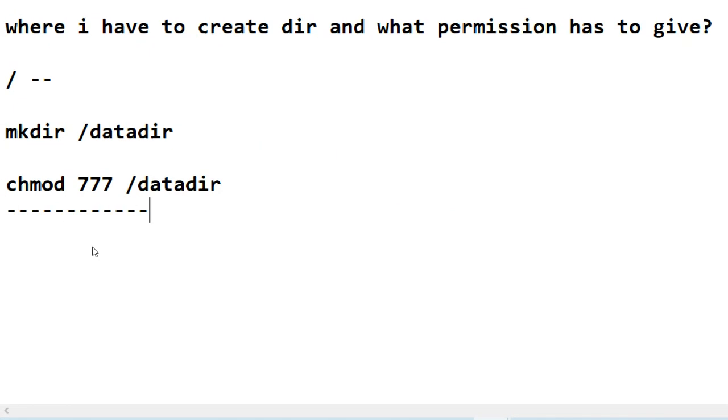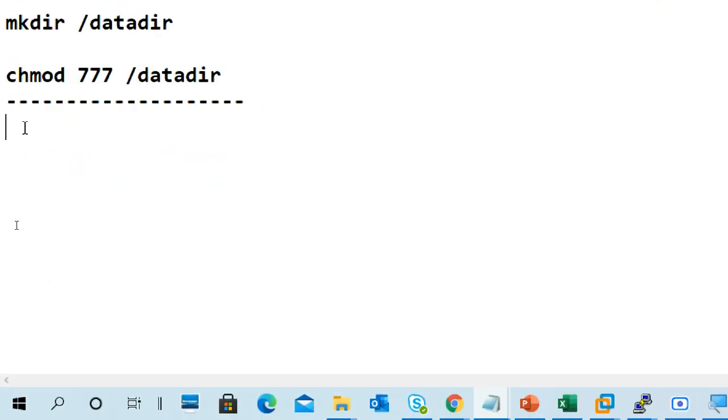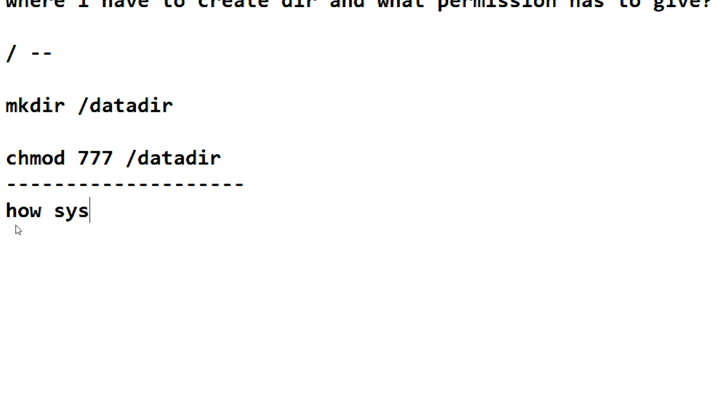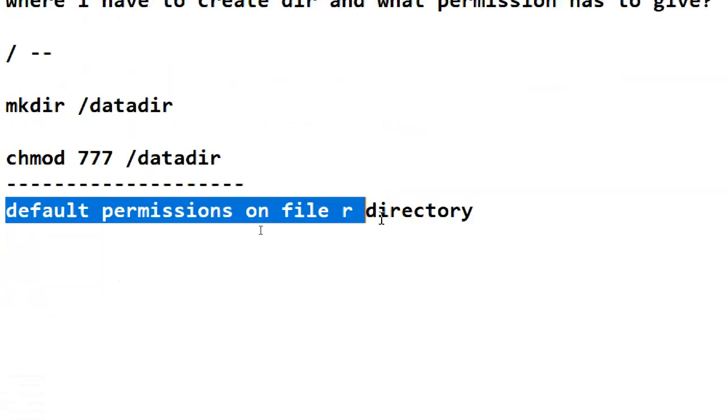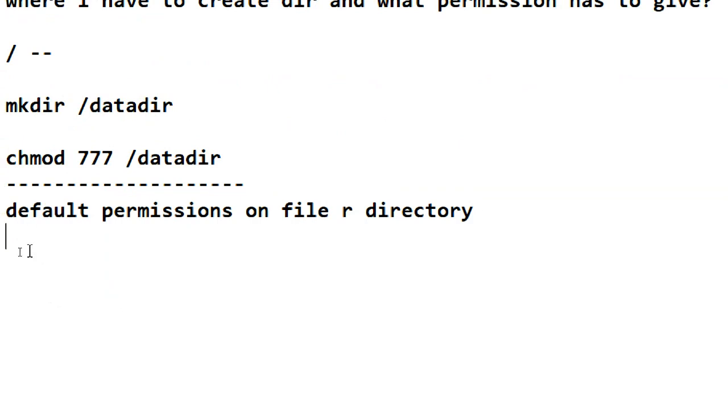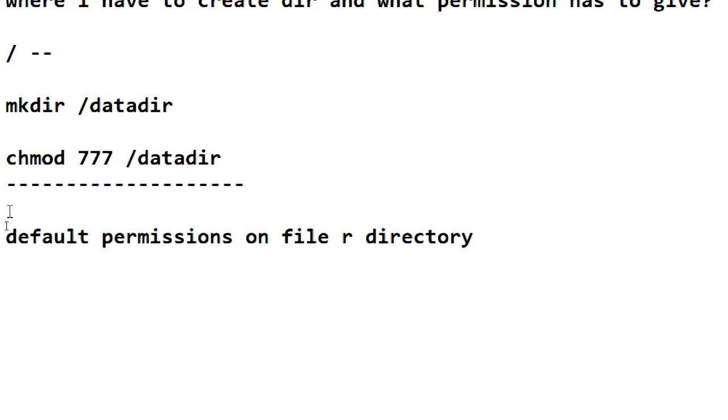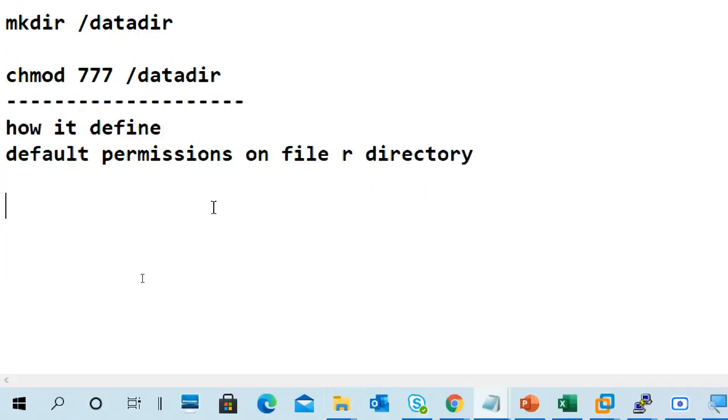Why is this the default permission on a file or directory?